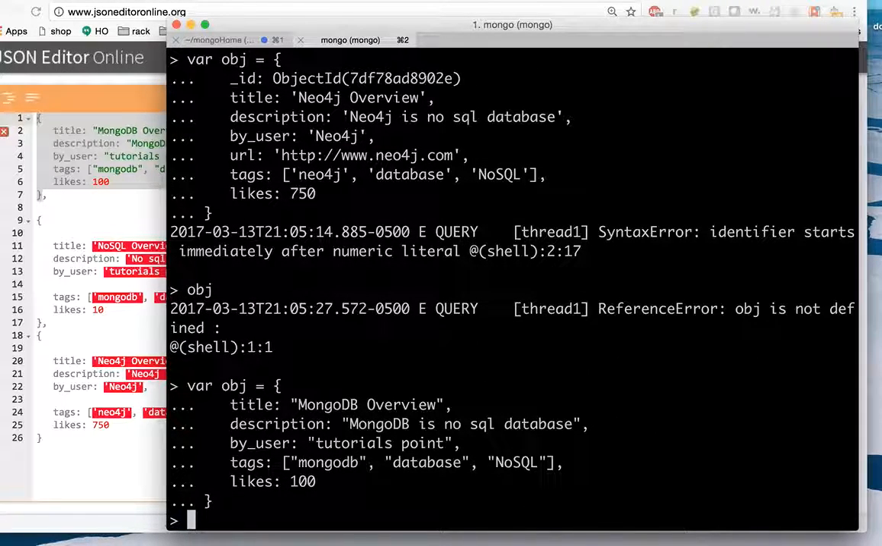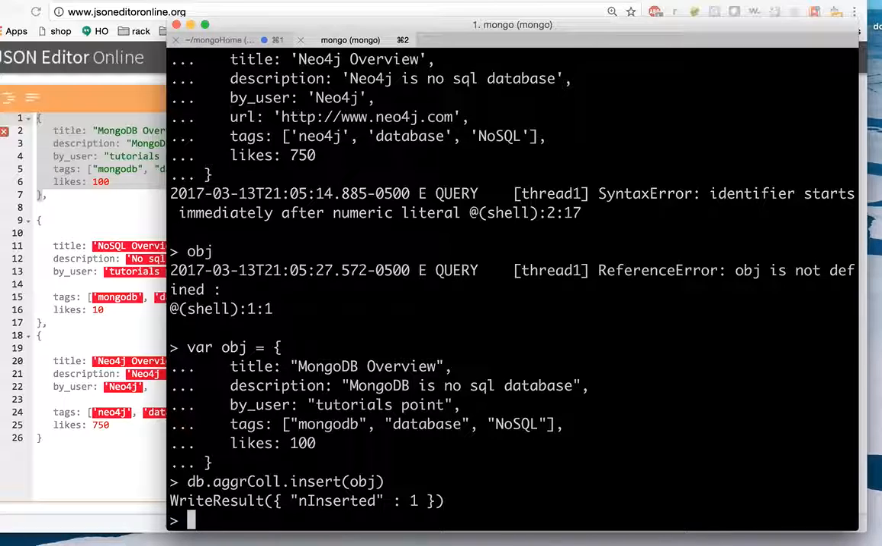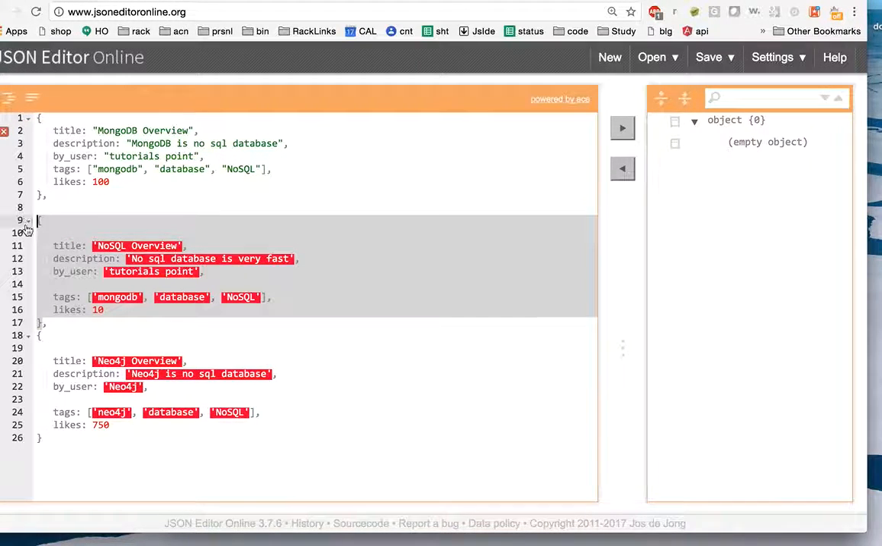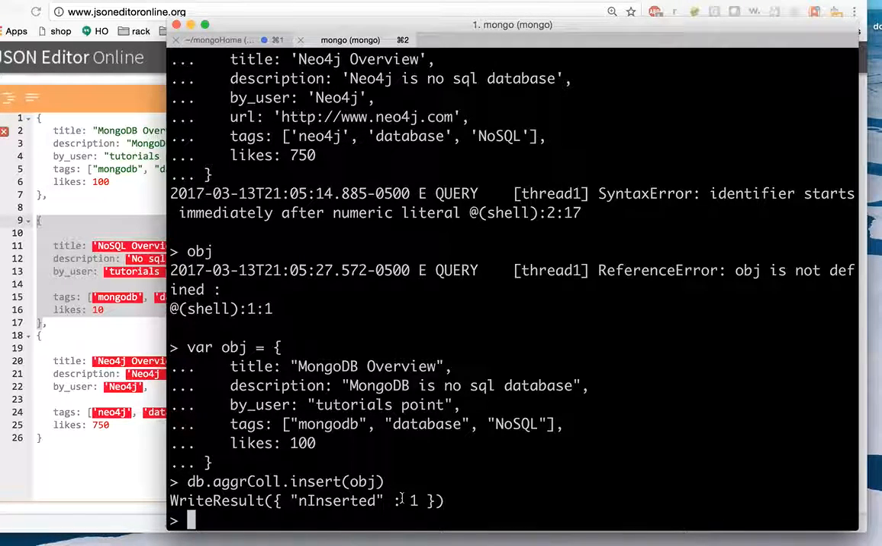So now this is cool. Now we will say db dot aggr collection dot insert, and then we can say obj. So your first data has been inserted. If you try to insert your second data, we'll try to override this,